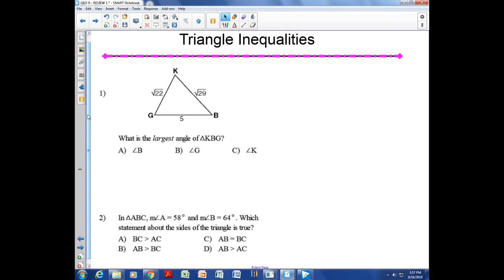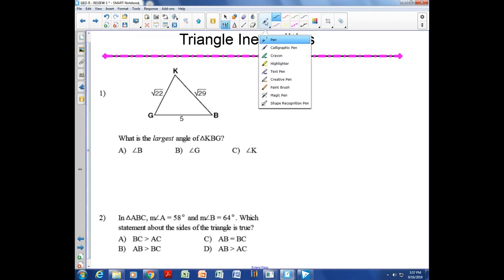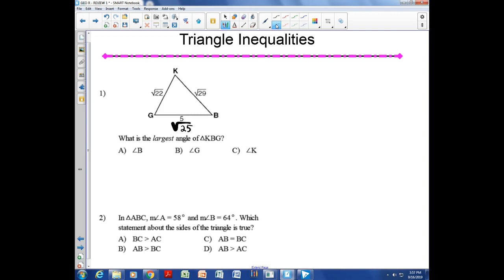Well, one thing I'm going to do when I have the square root of 22 and the square root of 29, I could put those in the calculator and give a decimal approximation, or I could say that 5 is the same as the square root of 25. That makes it a bit easier for me to order these sides. So I'm going to put 1 notch here at the square root of 22 because that's going to be my smallest side. The square root of 25 will be my middle, and the square root of 29 will be my longest. So now I could say, from working from right to left, that side KB